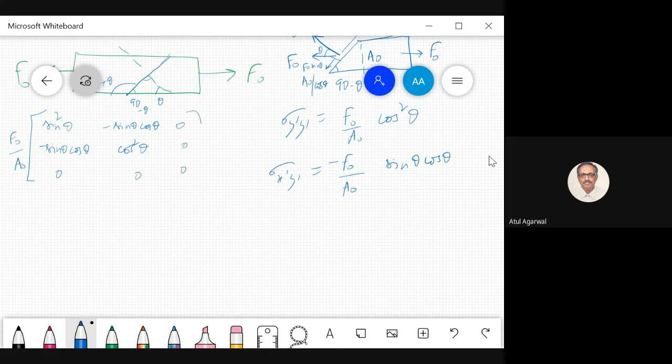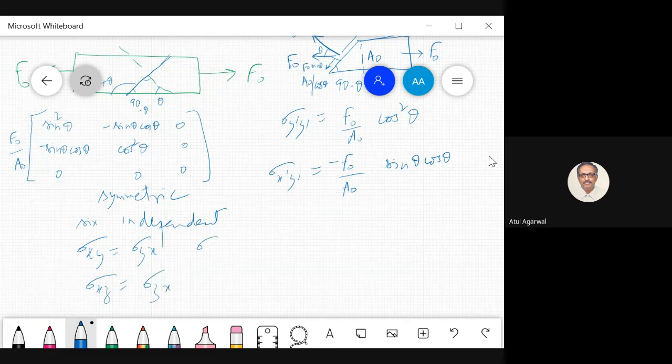and you will be taught in this course that this stress tensor is symmetric. Once it becomes symmetric, your independent terms become 6. Because sigma xy will be equal to sigma yx, sigma xz will be equal to sigma zx, sigma yz will be equal to sigma zy. So this lower half will be a reflection of the upper half. This upper triangle will be the same as this lower triangle. So there is a symmetry. So you have only 6 independent terms in this stress tensor.